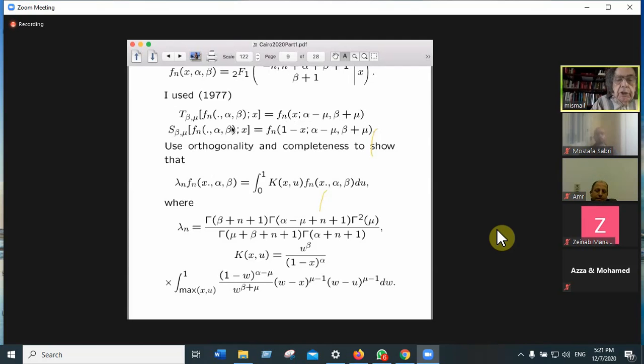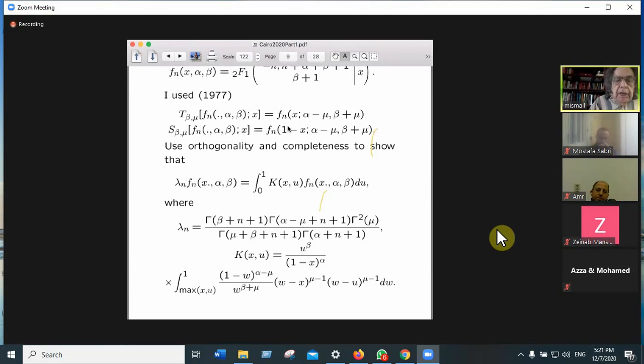If I do the adjoints, I get another Jacobi polynomial, but instead of x, I have 1 minus x. Okay, so this looks like some calculus exercise, and it really is a calculus exercise. However, it's very useful because using this,